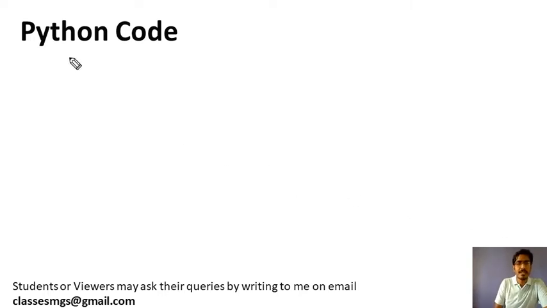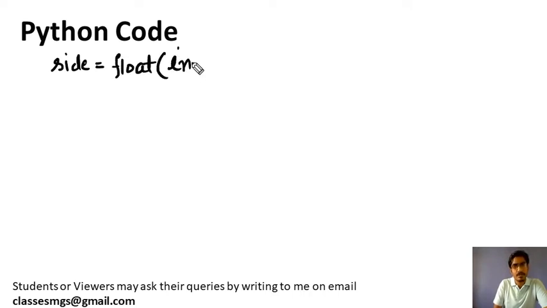So first we will take the input length of the side. So I am taking it into the variable side. It may be in float or it may be in integer, so I am taking it as a float. Input method, you all know, is to take the input from the user, it will be written in string and we will convert it into float.